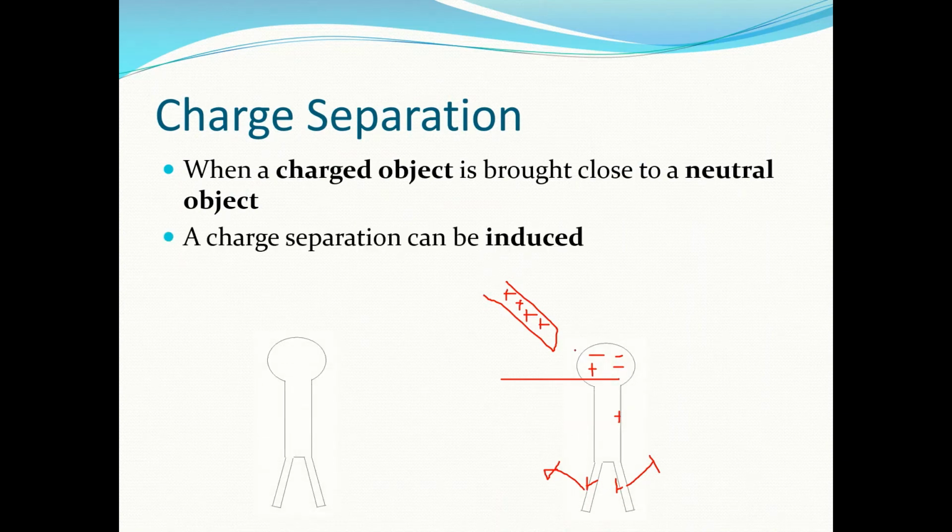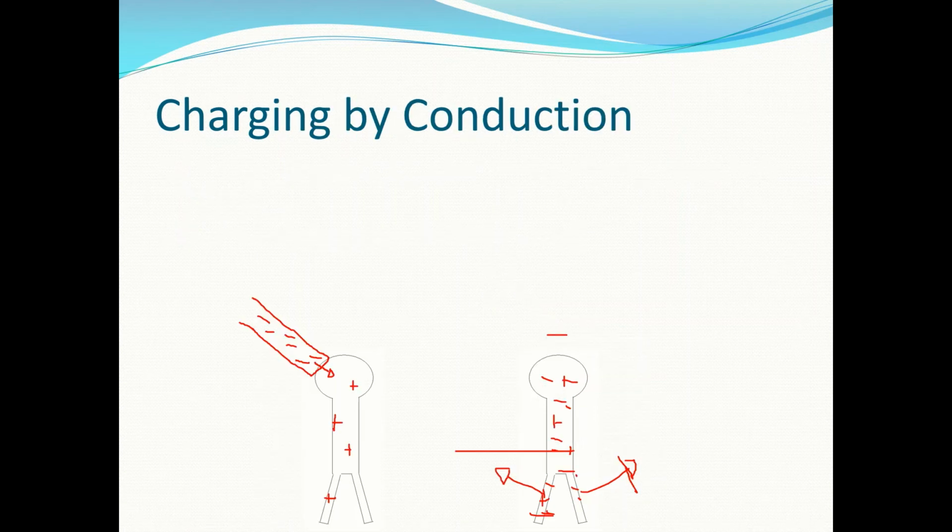With this charge separation here, nothing's negatively charged. They just redistribute, and nothing is positive, nothing is negative. This is technically still neutral after they just distributed differently to make those leaves spread apart. In this one it becomes negative. If I touch it with a positive object, all the negatives will go into the positive object, and